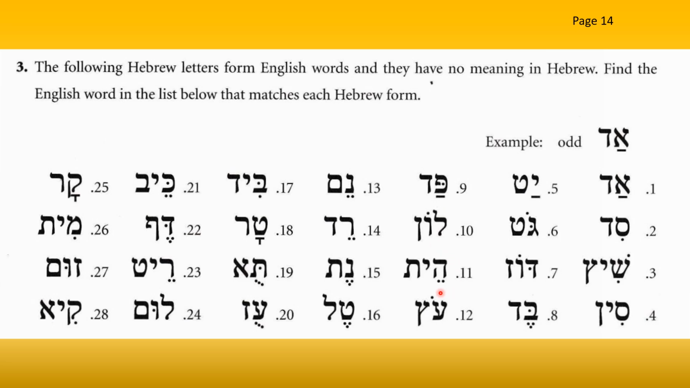loan, hate, oats, name, raid, net, tell, bead, tar, two, ooze, cave, deaf, rate, loom, car, meet, zoom,